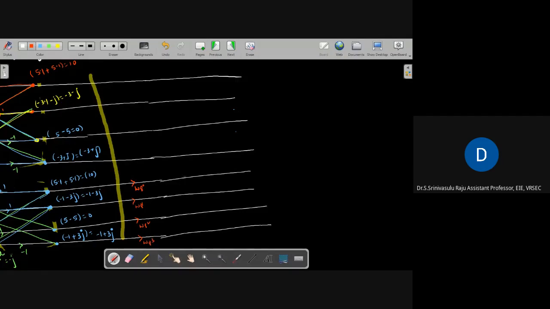We know these values. And also the odd sequence should multiply with -1. If you draw like this you can easily finish it off. The odd branch is multiplied with -1 and the even sequence is multiplied with +1. The multiplication factor is +1. Now you interconnect these lines. These are the points. First, the first even should connect with the first odd like this, and the second even should connect with the second odd.